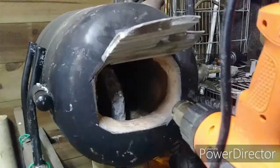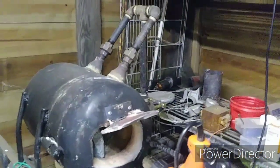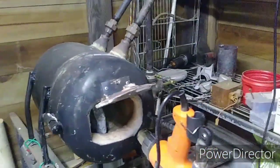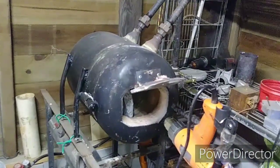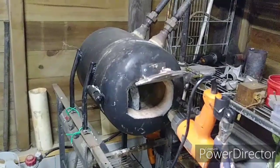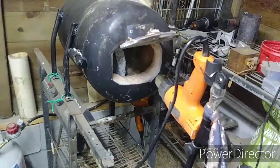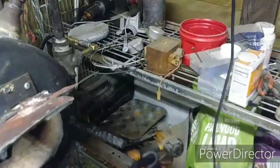sacrificial floor. I got it turned up right now to dry, or cure rather, heat cure, because it's air dried for 2 days. So now I'm heat drying it. I had blasted it with 750 degree. It's cooled off. I am now blasting it with 1000 degree air. As far as the door, so you will notice it's kind of hot. You will notice